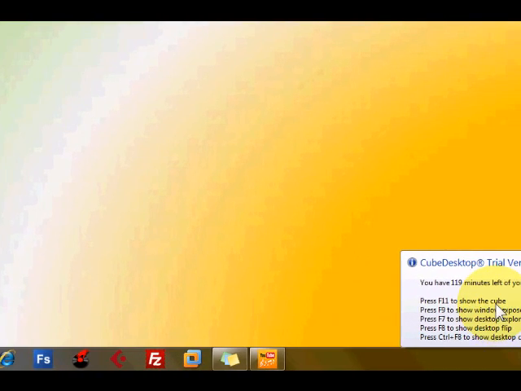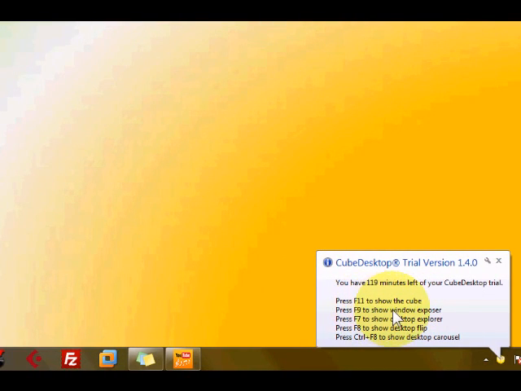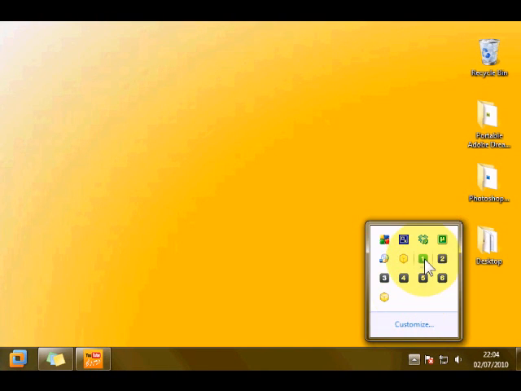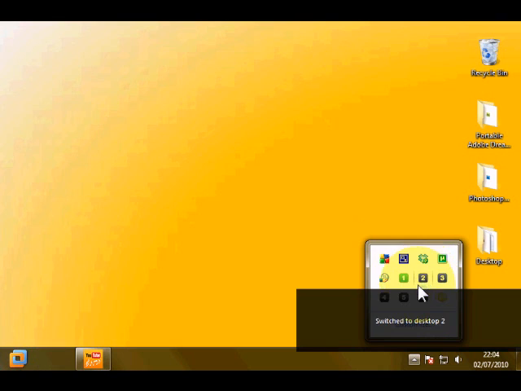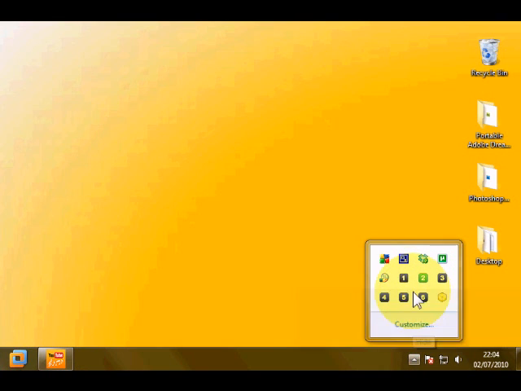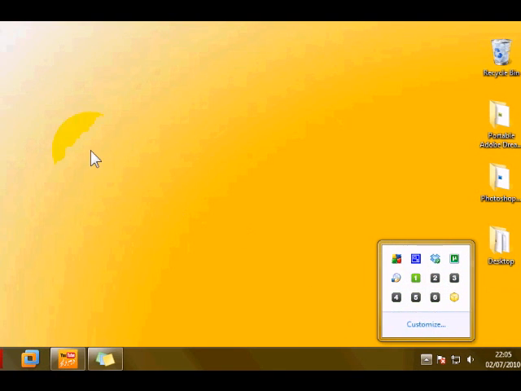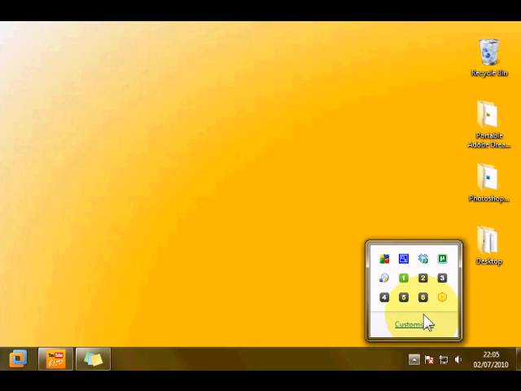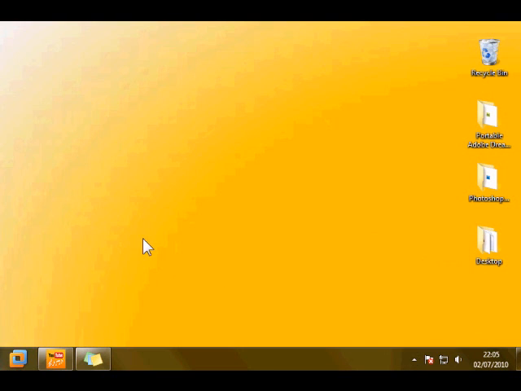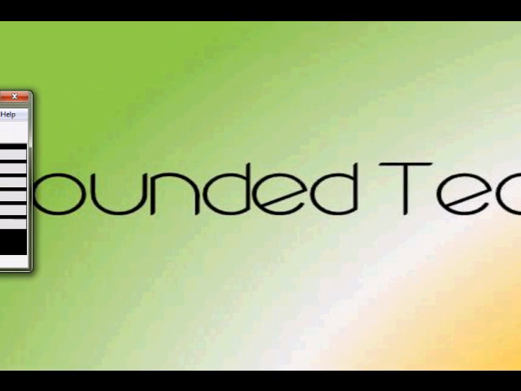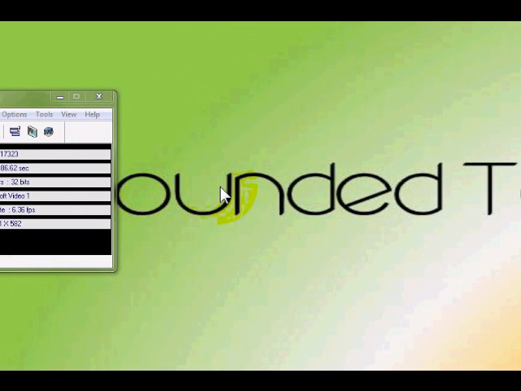So down here I've got a pop-up saying press F12 to show the cube, and several other instructions. In the taskbar we can just click the numbers to switch to different screens. I'm not sure if my screen recorder will follow me when I'm doing that, but there's 6 desktops, and for quick access you can just click them. If I put it into full screen now, I'm going to hit the F11 key,